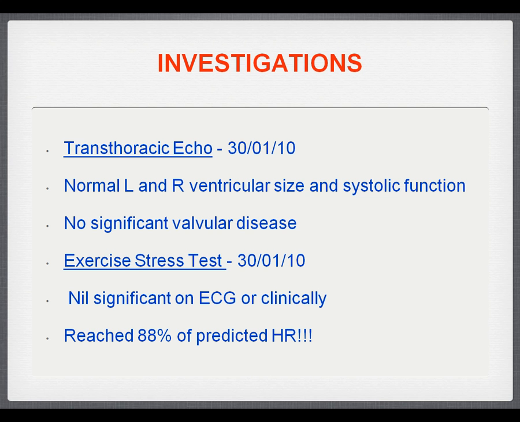In some of her paperwork she had a letter from her cardiologist that went through some investigations that she'd had in January last year. She'd had a transthoracic echo done then, which was essentially normal function, no valvular disease. And then what I noticed, and this was exclamation marks at the end, they talked about an exercise stress test. And I thought, this is a woman sitting in front of me in a wheelchair. She reached 88% of her predicted heart rate. And that's when I went back and took that history to find out when this significant deterioration had occurred. But it did sound like it was related to her current illness, but I couldn't be sure.